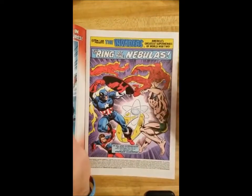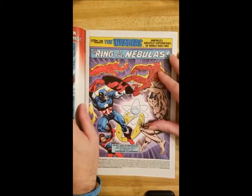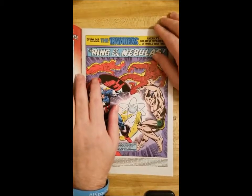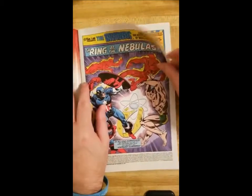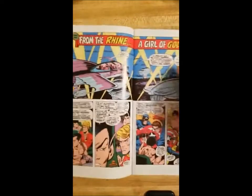So, this is quite strange. This is something I did not know. At one time, there were 2 Human Torches. That's right, 2 Human Torches. Anyway,